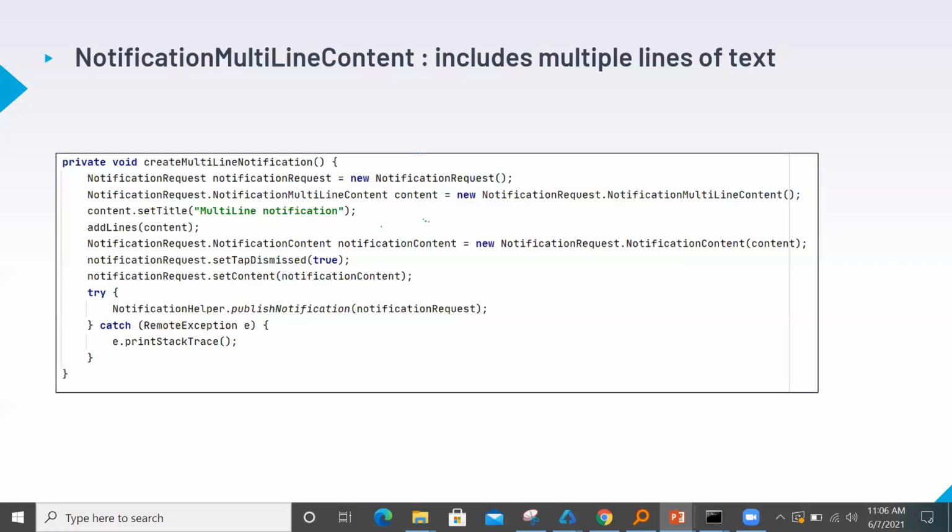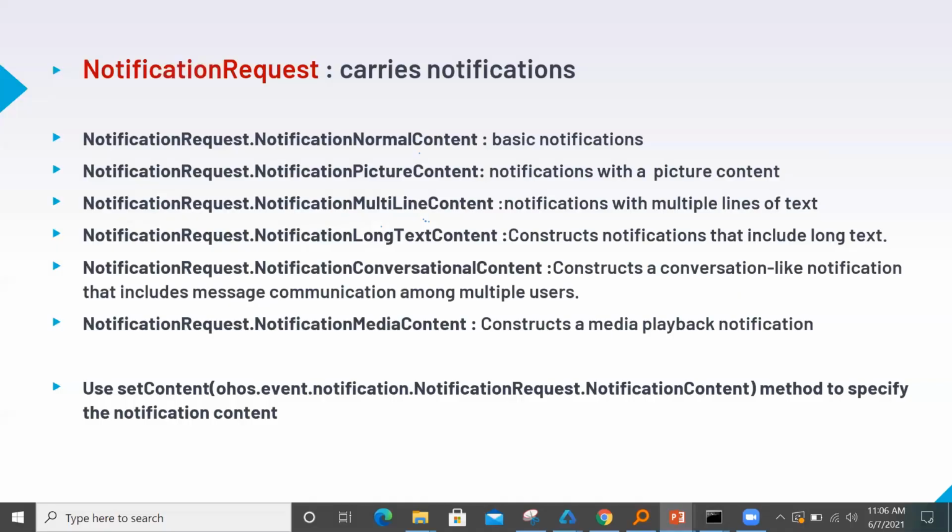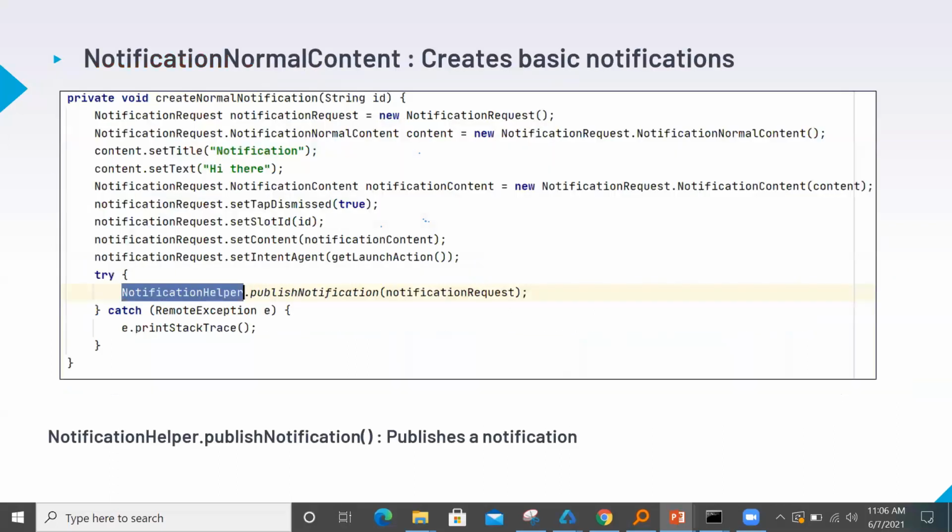So similar to this, based on your requirement, you can create other types of notification also, like media content or whatever you have here, long text content, conversational content. Based on your requirement, you can create in the same way. If you see all these things, the basic method is remaining same. Only some additional things will be there based on requirement.